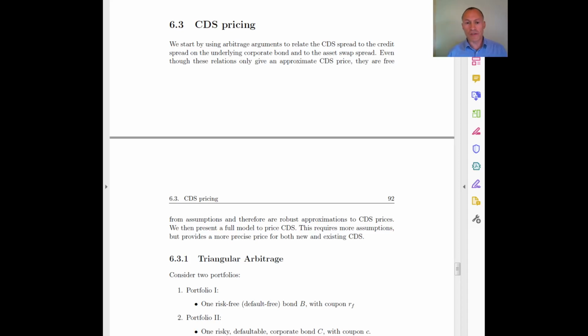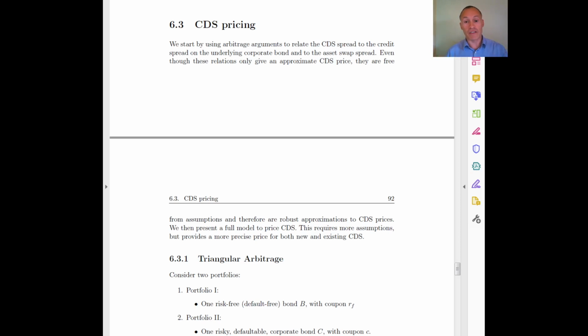Okay, so now that we know how CDSs work, we're now going to see how they are priced. We're going to do this in two steps. First we're going to look at arbitrage arguments that are going to give us a rough guideline on the CDS prices. So we are going to relate the CDS price to spreads on the underlying bond, and this will give us an idea of where the price of the CDS should be,